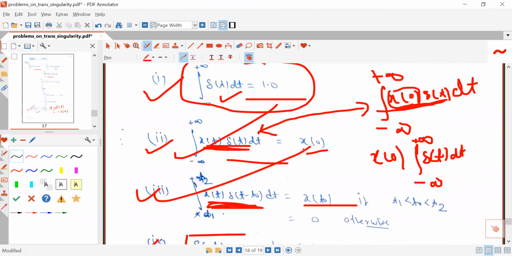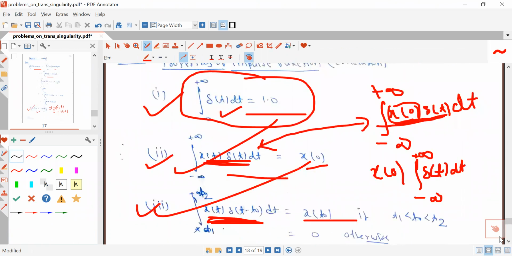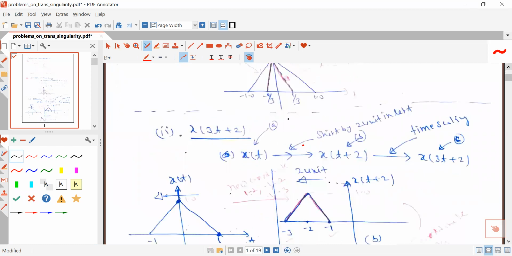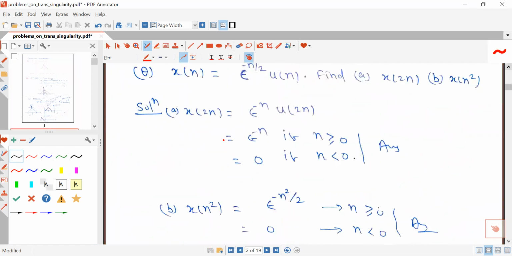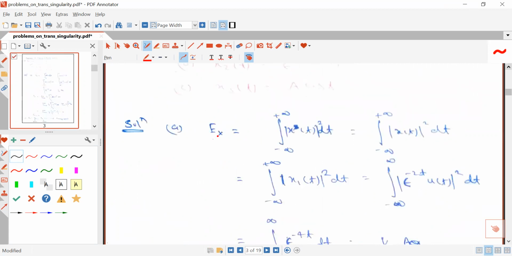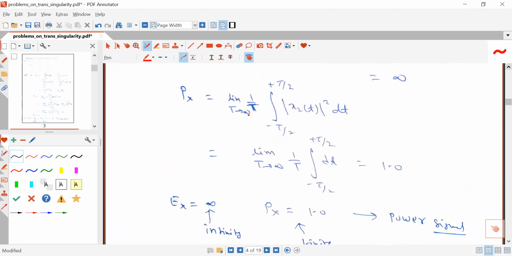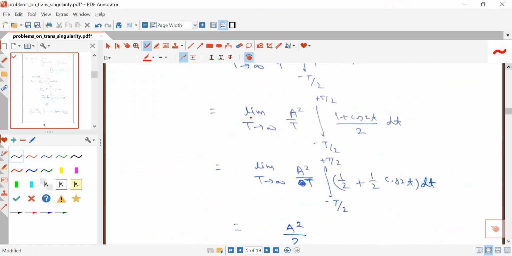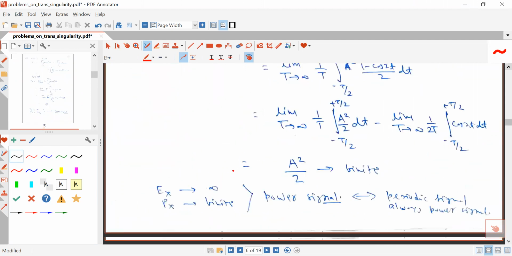This type of question may be asked in the examination also. So you must go through all the properties which I have discussed about the impulse signal or impulse function. So you should go through this PDF file to know about all the properties of